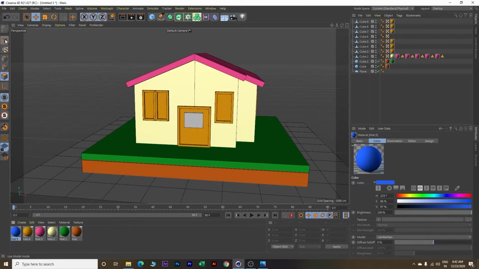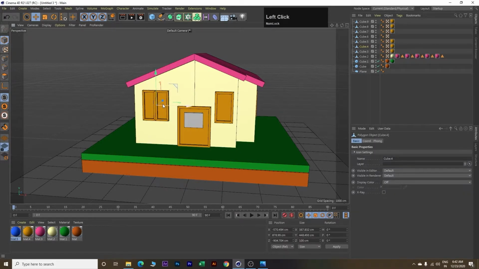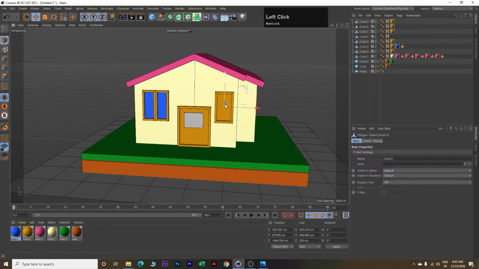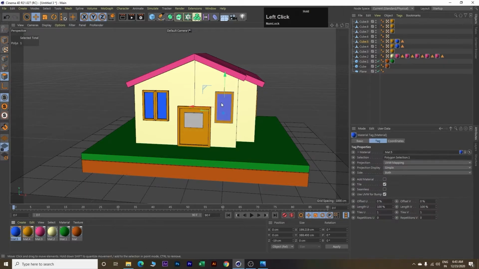Next, click on this model, select this window, click polygon, use shift key and select these two polygons. Drag and drop this blue material here. Next, click on this model, select this window, click polygon, then select this polygon here, then drag and drop this material here. Next, drag and drop this material on this cube also.